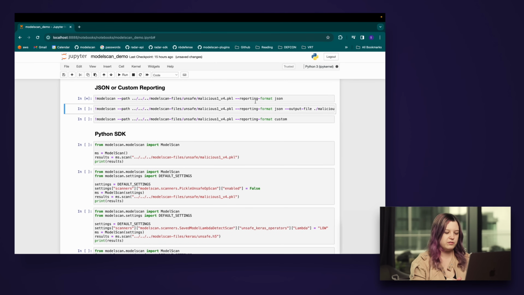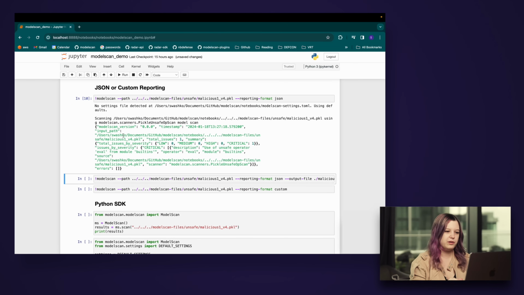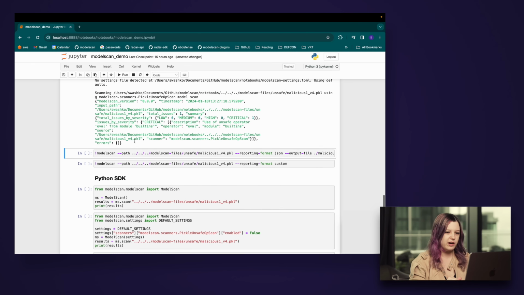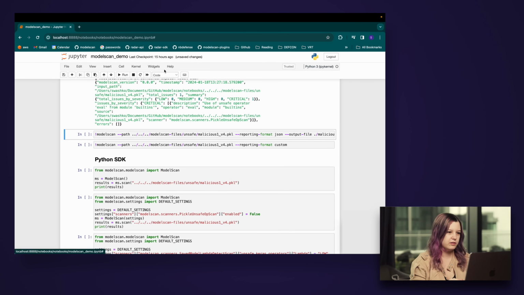So if you put JSON, it'll come out with all the information that was in that human readable format in a JSON. You also have the option of an output file for the JSON,